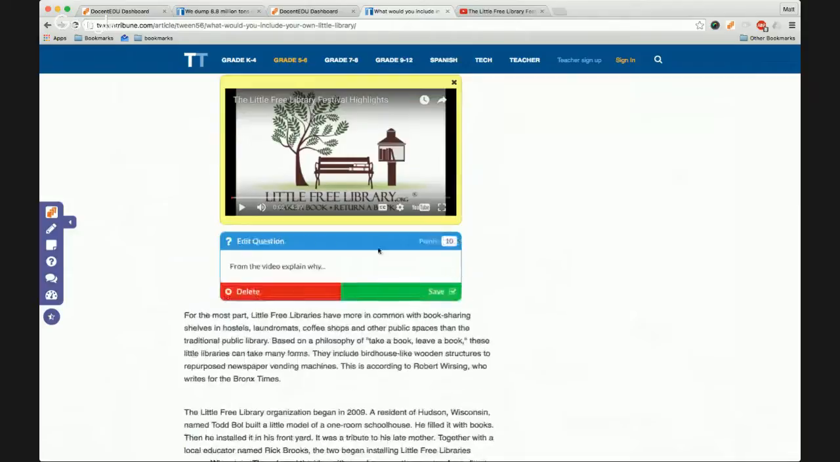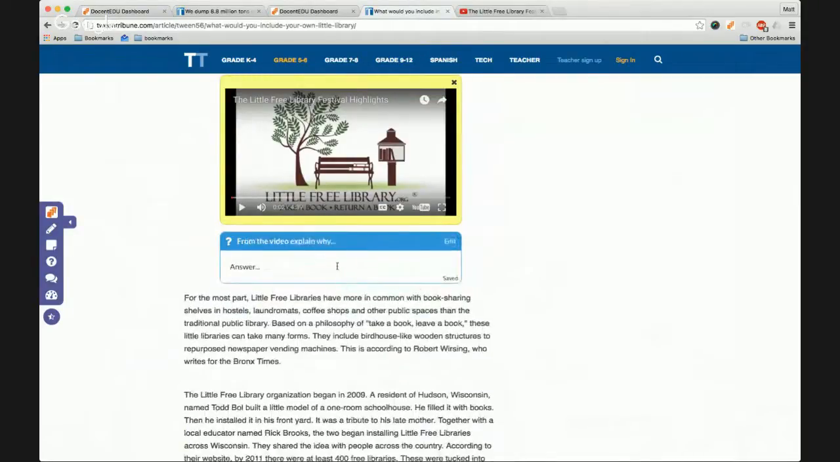At any point, you can always click on edit and go back, change the number of points, or delete or save. Now, one of the other things you can do is you can also turn these, right now it's a free response, like typed out response right here, but you can turn these into multiple choice questions also. So I'm going to go ahead and add in a multiple choice question